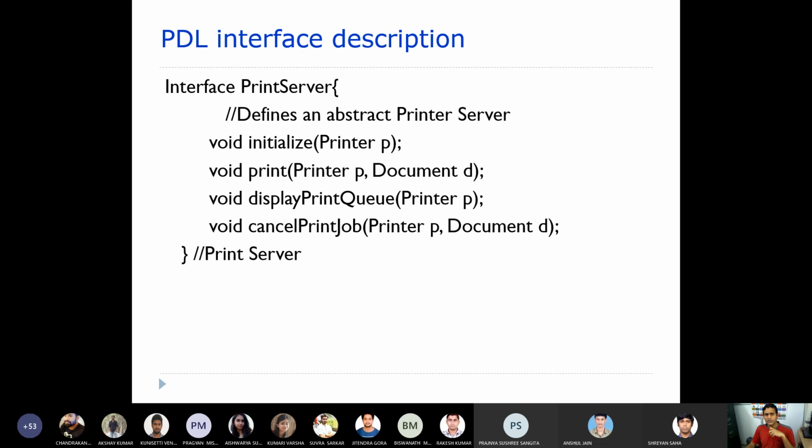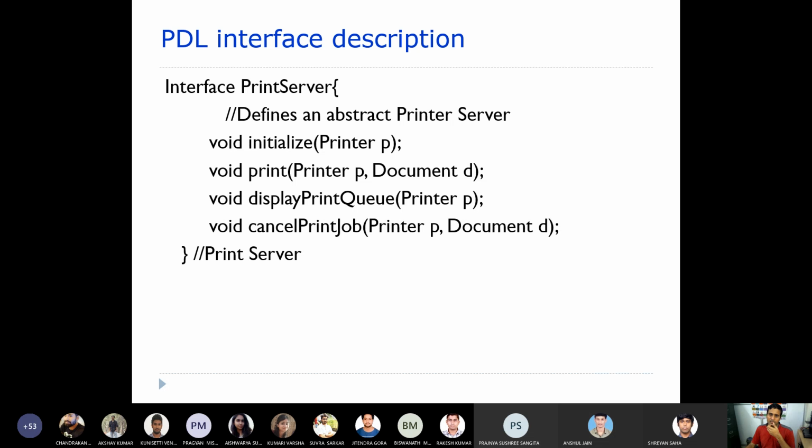Now there is one example here: a program description language interface description. Program description languages are used to specify the interfaces. It is not a programming language, but a tool to specify the interfaces. It looks like this.